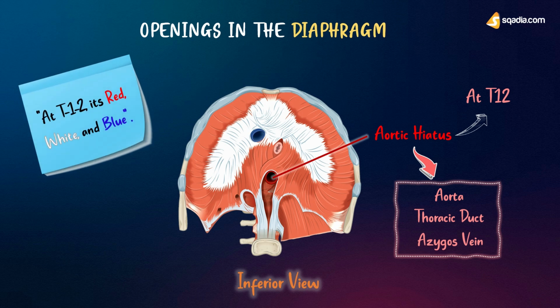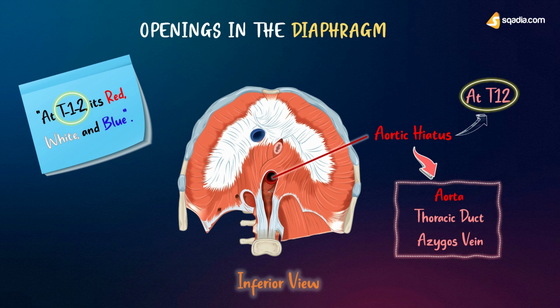You can memorize these structures passing through the aortic hiatus by a pretty cool mnemonic. At T12, it's red, white, and blue. What? Didn't get it? Let me help you out. The aortic hiatus lies at the level of the 12th thoracic vertebra, so T12 refers to the 12th thoracic vertebra,